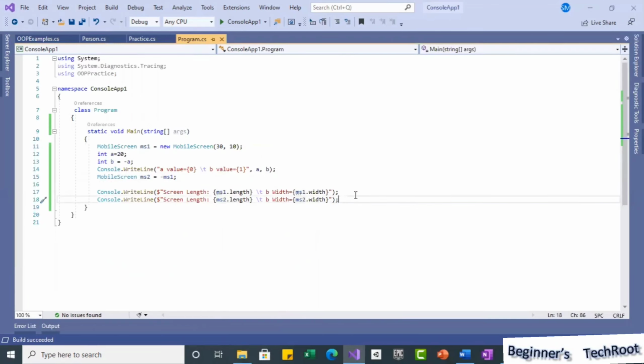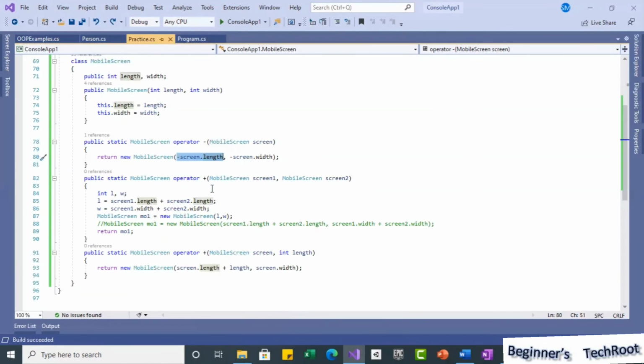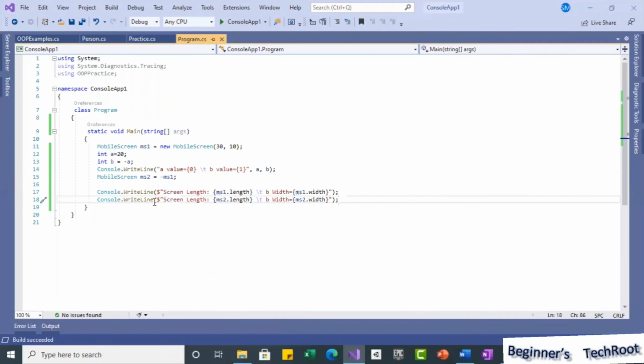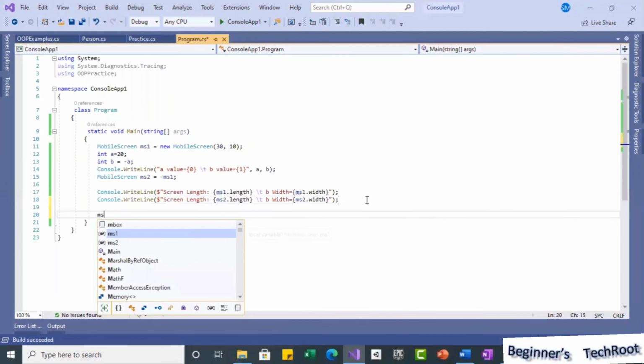So same way, now let's try with the binary operator, whatever we have written as a plus. Two overload methods we have defined for the plus operator. One with the two screen parameters, one with the screen and int parameter. Okay, so now I will create one more object here. Okay, ms2. Here we assign like this. I will do the same, ms2 equal to